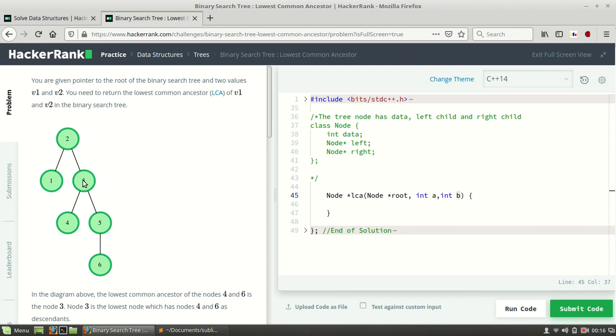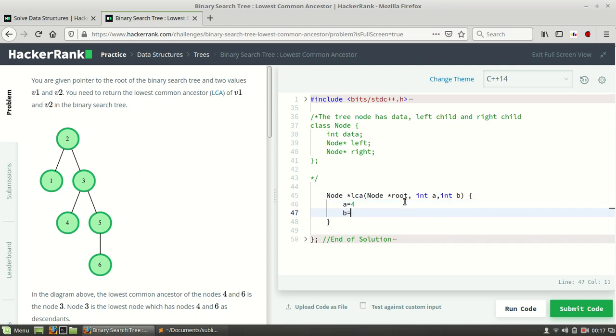Suppose take a equals 4 and b equals 6. Okay, a equals 4 and b equals 6.